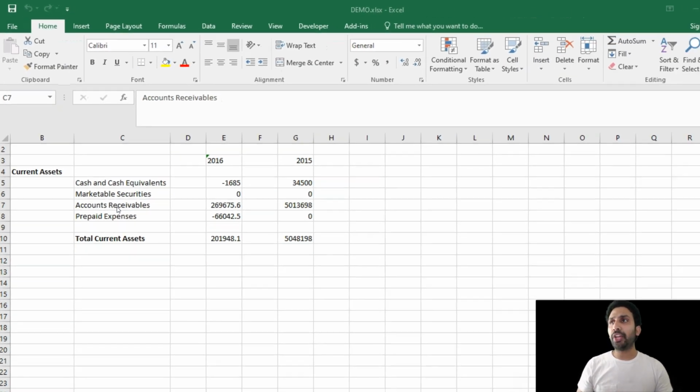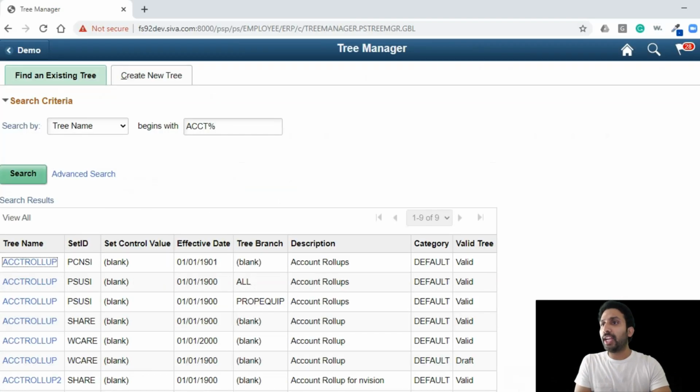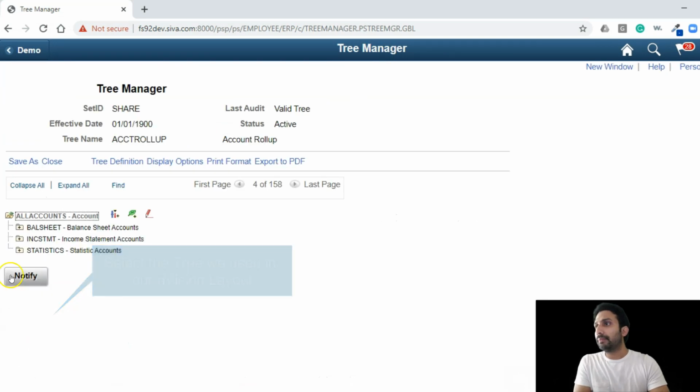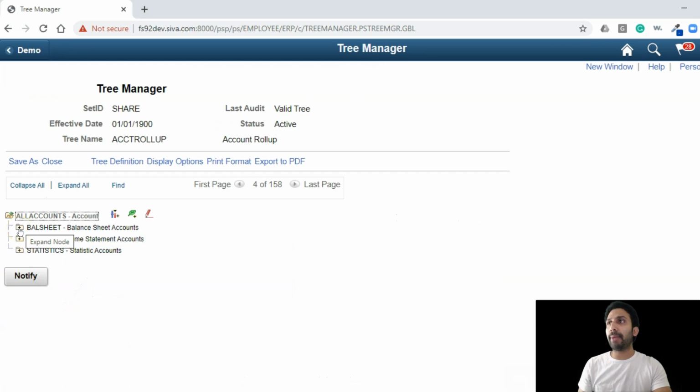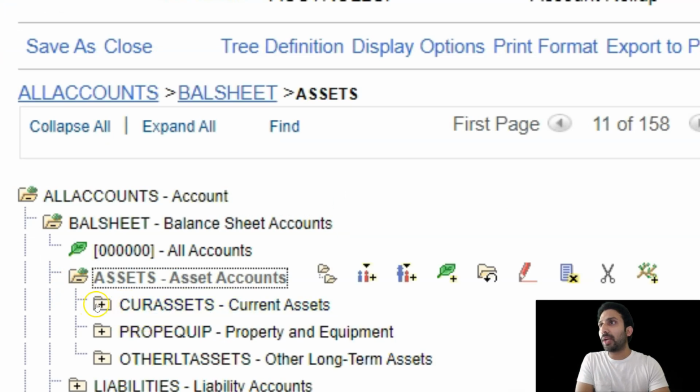Let me head to Tree Manager to understand what the specific accounts under accounts receivables are. Alright, I already logged into the PeopleSoft app and navigated to Tree Manager. Current assets fall under balance sheet. Let me expand the balance sheet, and under assets you will see our current assets.